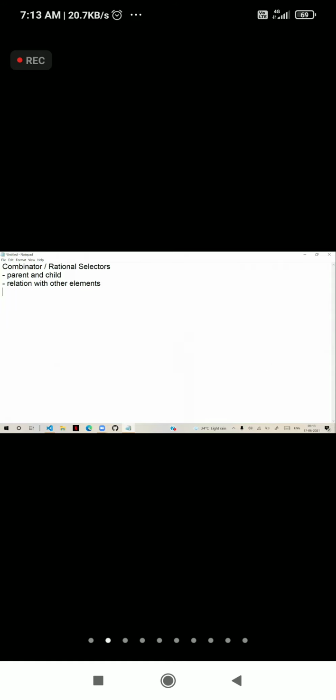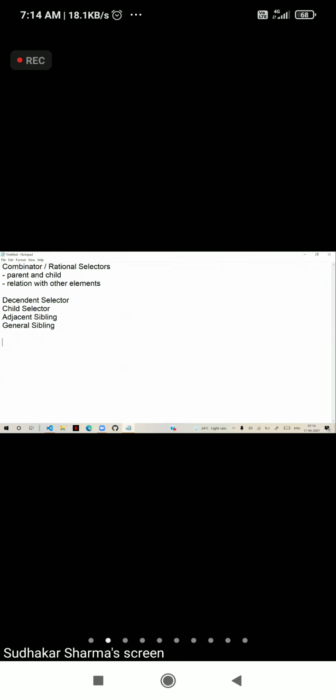That's what actually combinators. In that first important, so we are having in the relational selectors, descendant selector, child selector, adjacent sibling, and general sibling, like this.